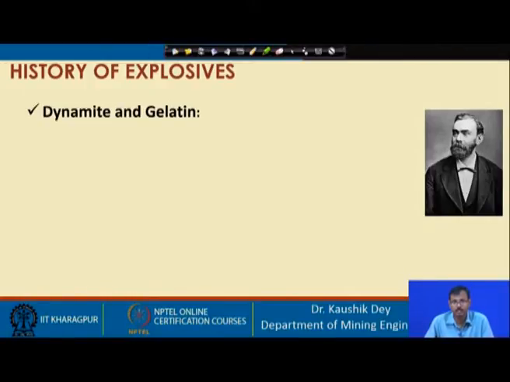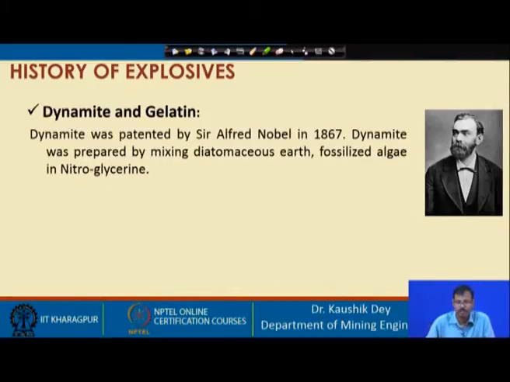He lost his brother and 5 fellow scientists in one explosion in search of reducing the sensitivity of the nitroglycerin. So, basically this was a very difficult situation where he was unable to get rid of nitroglycerin, but finally in 1867